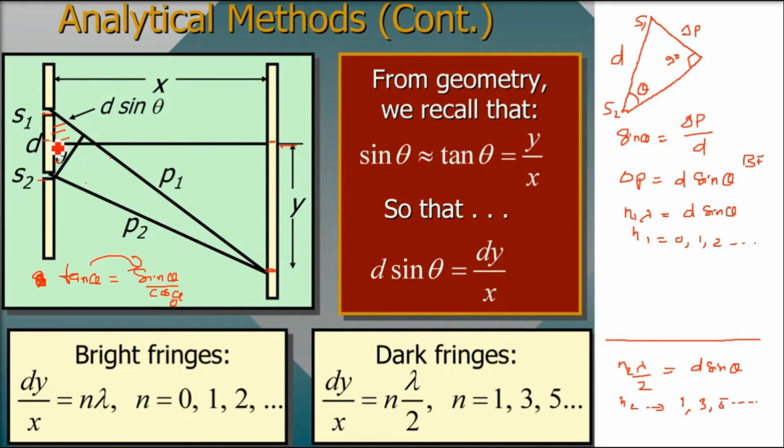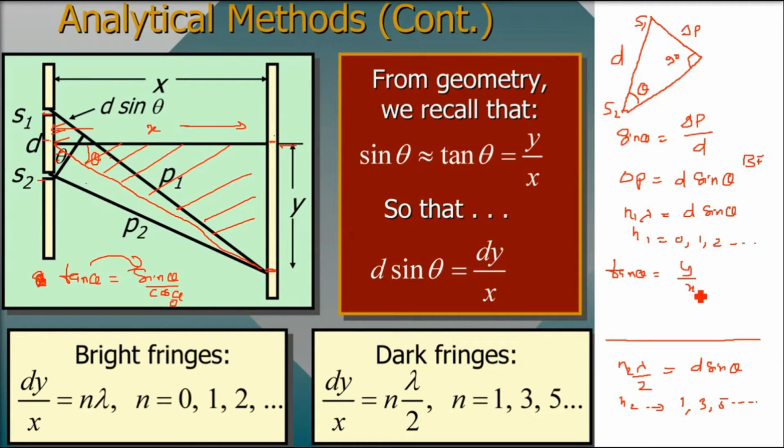So now take one more triangle. The distance of the slits from the fringe pattern where it is formed is x, and where the actual pattern is formed, it is y. If you see this construction by geometry, this is the angle theta. Now take this triangle. Theta is this angle, x is the base, and y is the perpendicular. So tan theta is perpendicular by base, which is equal to y by x.